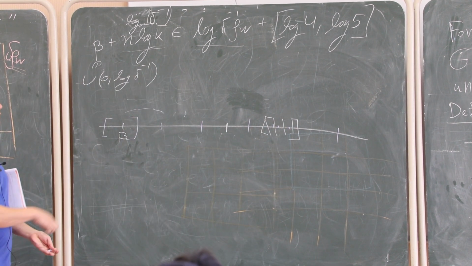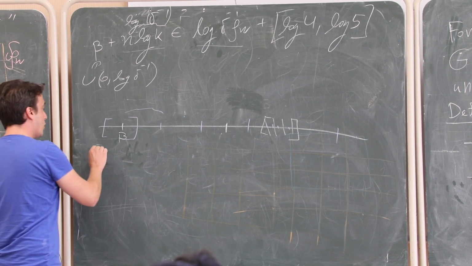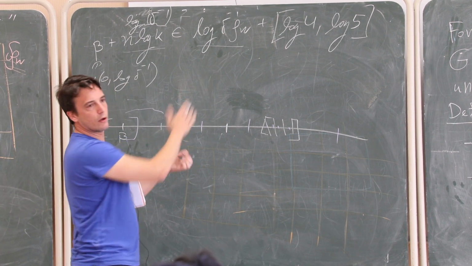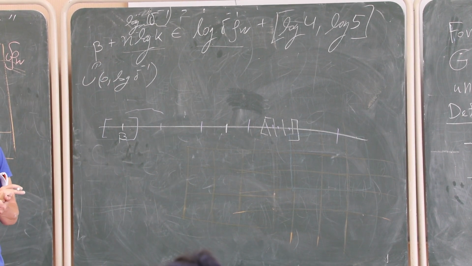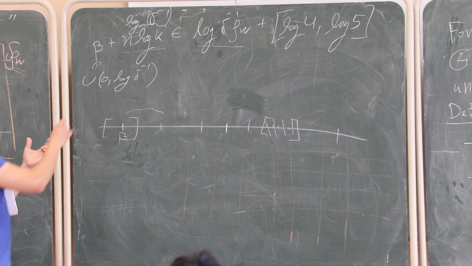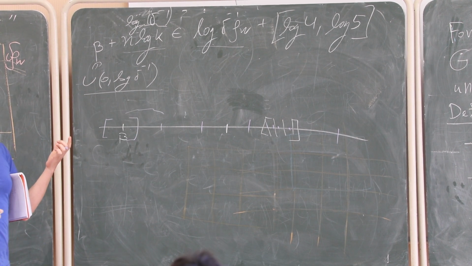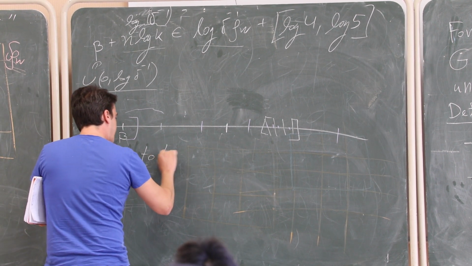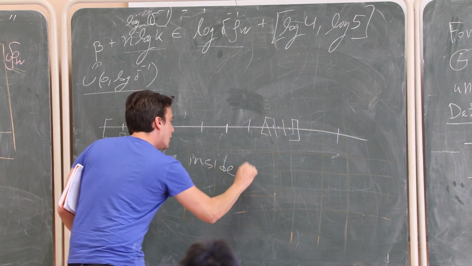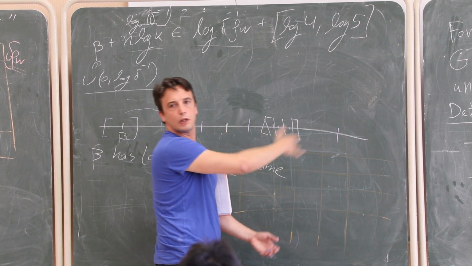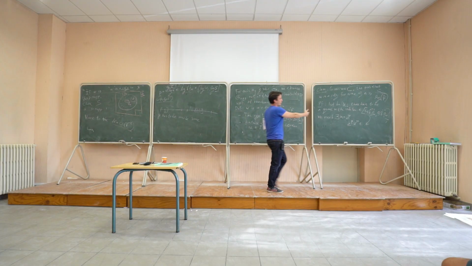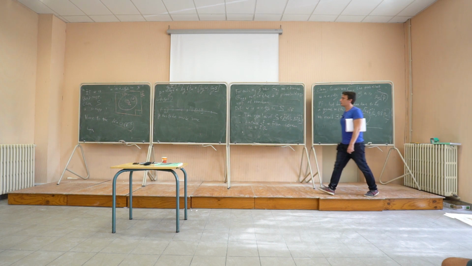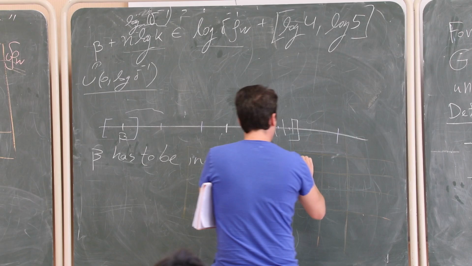Right? So in order for this to work, beta has to belong to some interval of constant length. Something between log 4 and log 5. This is the length of the interval that beta needs to be in, but beta is a uniform random variable like here, right? So let's just write beta has to be inside some interval. This is an if and only if for this condition to hold, for e to the beta k to the n to be inside here. So beta has to be inside some interval